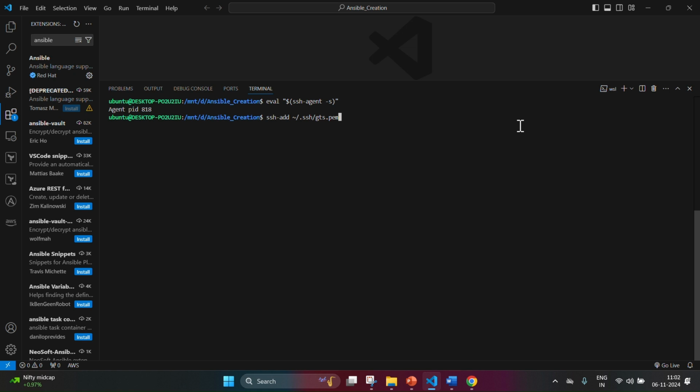So this command, the ssh-add, adds the SSH key to the SSH agent, allowing you to use the keys for authentication without having to enter your password each time. And the ~/.ssh/gts.pem key specifies the private key file you want to add. Tilde represents your home directory. So ~/.ssh/gts.pem means that the gts.pem file is located in the .ssh folder,